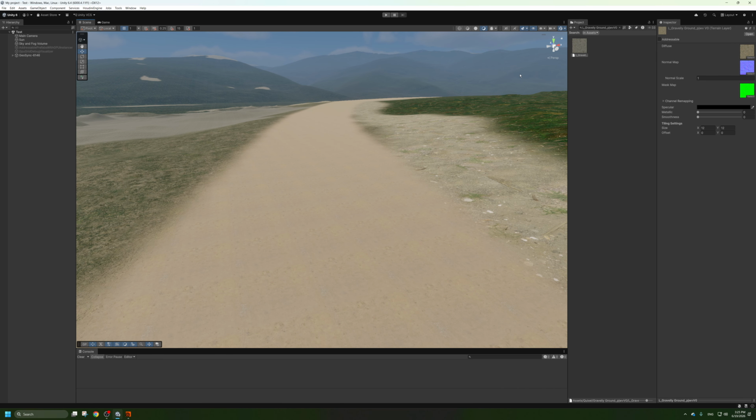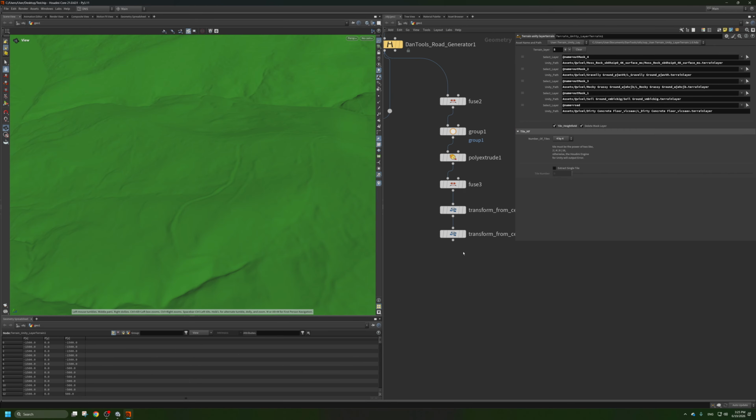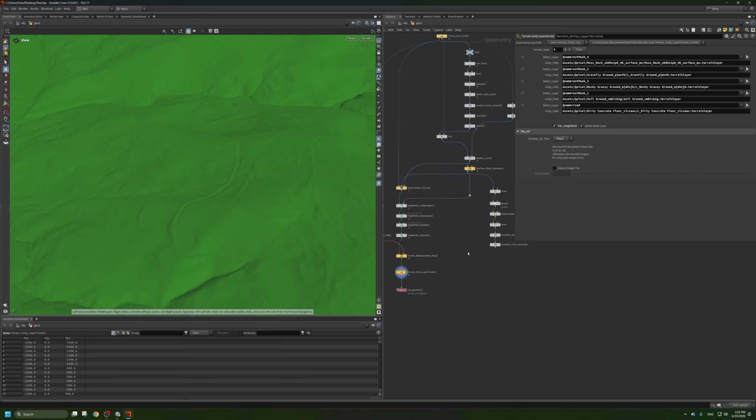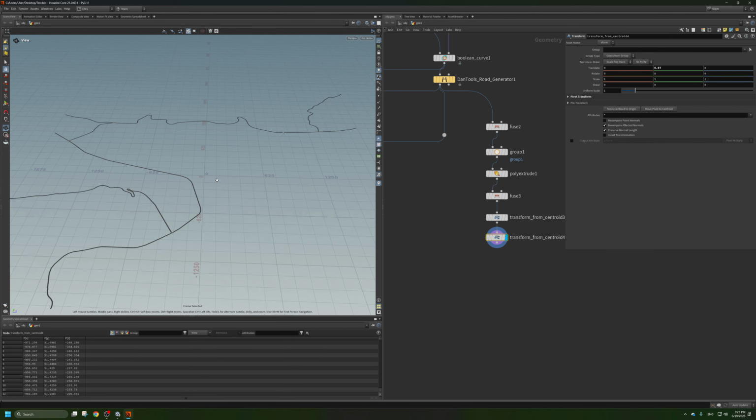Now let's export also the roads. But first, let's create some for the roads. Let's create a little bit for the roads. Let's create a little bit more. No more. Let's create some